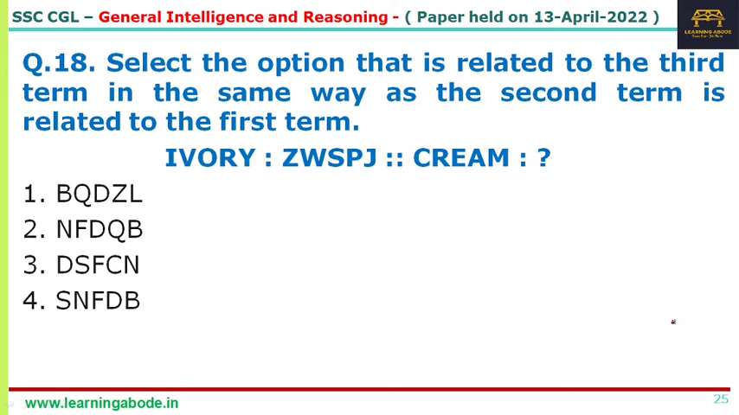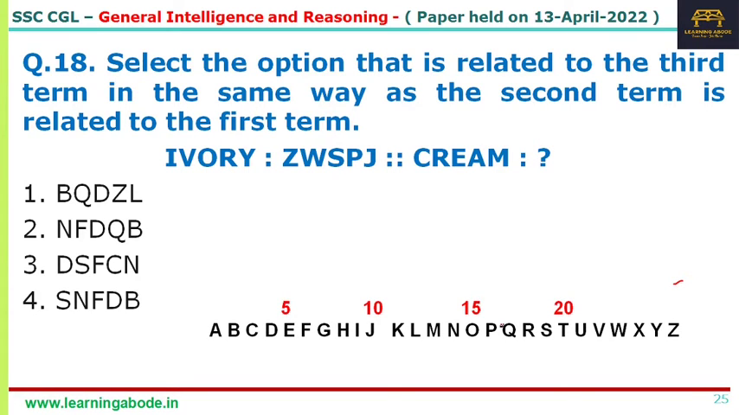Now question number 18, it's a coding decoding or analogy based question, we can say. So if ivory is coded as ZWSPJ, then cream will be coded as what? Okay, now again we'll go for the alphabet position. Now I is 9, Z is 26. Okay, now V